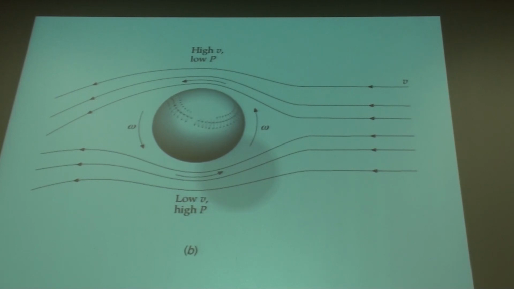Now, that may not be the best strategy for a pitcher, because if the ball rises up, then that just reduces the amount of parabolic path of the ball and allows the hitter to just tee off on that thing because it's not curving much. But if you reverse the direction and made omega go this way, then this would become the high pressure, and that would force the ball down. This would become the low pressure or higher velocity if the omega were going the other way. And so that would be a sinker ball. And so you've got all these different kinds of airflow effects that are associated with Bernoulli's equation.